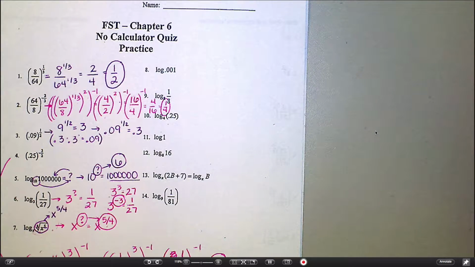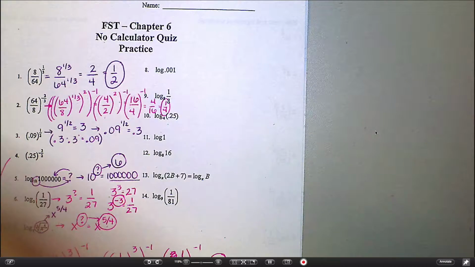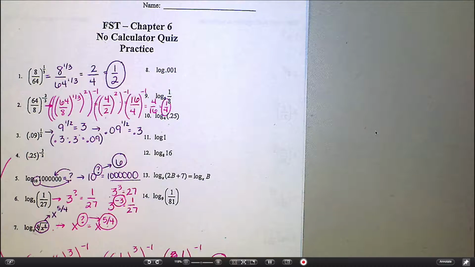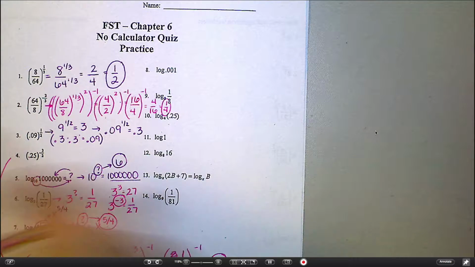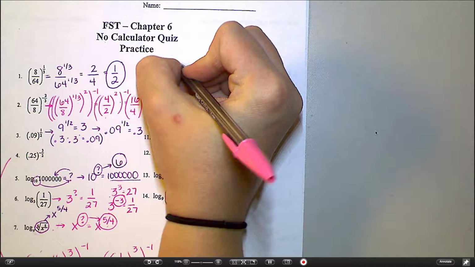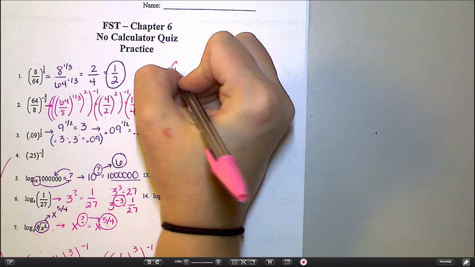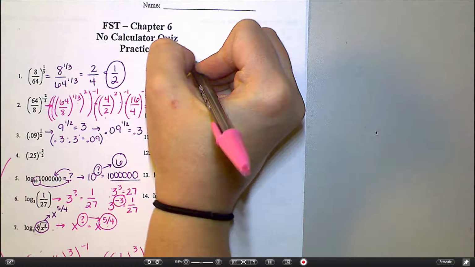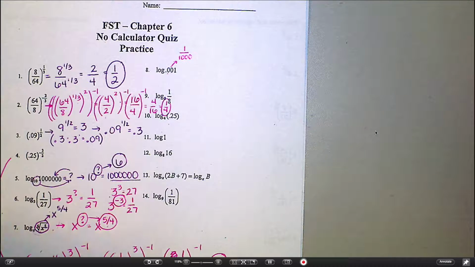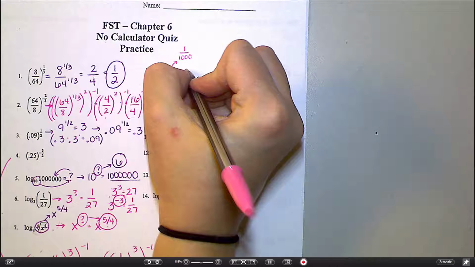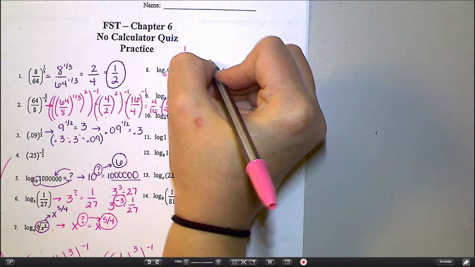All right. Onward over here. Log of 0.001. All right. I would probably, and especially if you know scientific notation, you probably wouldn't need to do this, but I would write this maybe as a fraction. This is in the thousandths place, so this is really 1/1000. Okay, that would give me 0.001. And remember, my base down here is really a 10. So what I'm really saying is 10 to some power